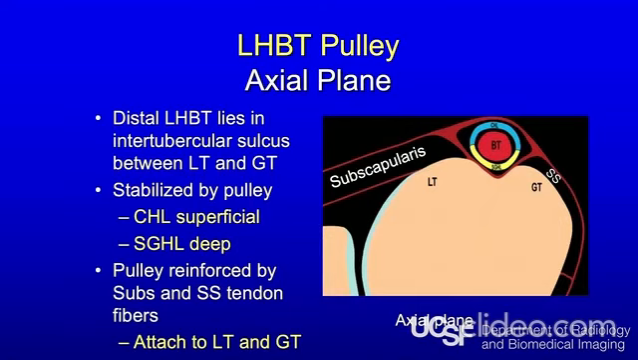And as it starts to go in the groove, we're going to look in the axial plane. And this is an important diagram to show us the biceps in the intertubercular sulcus between the lesser tuberosity medially and the greater tuberosity laterally. And we can see the pulley on top, the blue coracohumeral ligament, the yellow superior glenohumeral ligament on the bottom. And we can see that